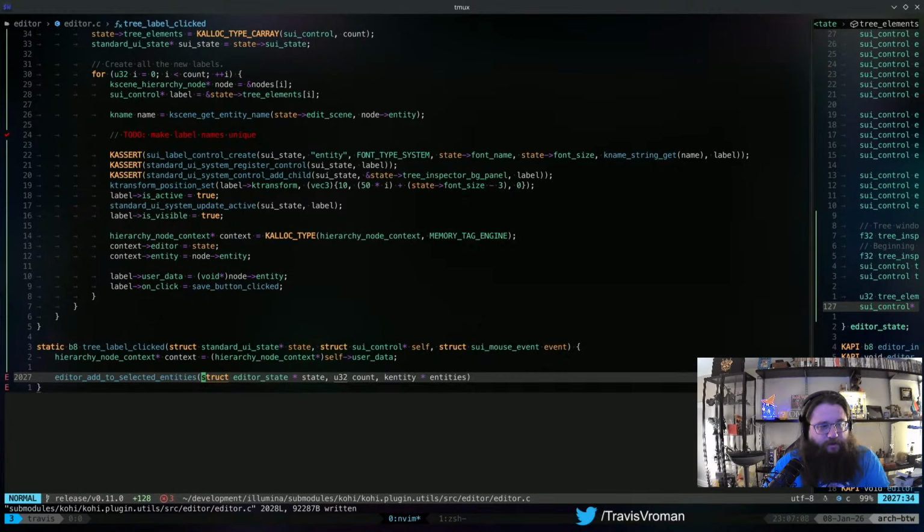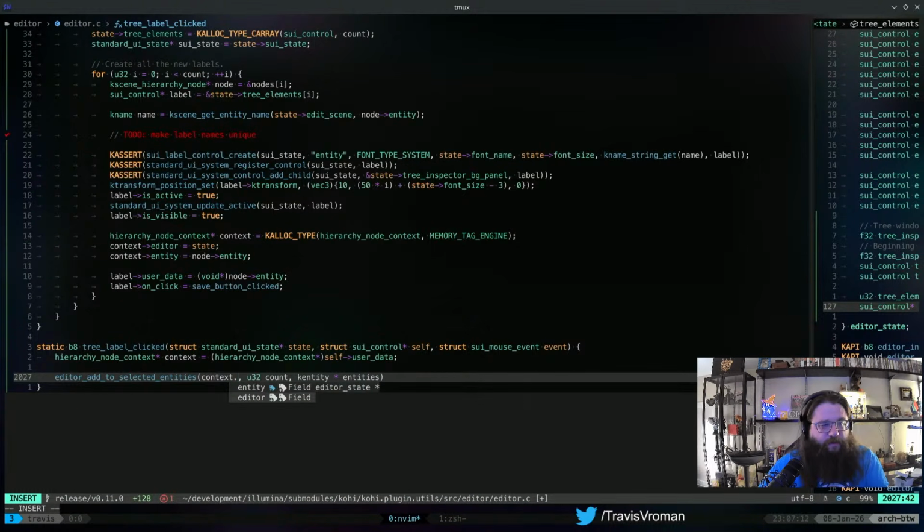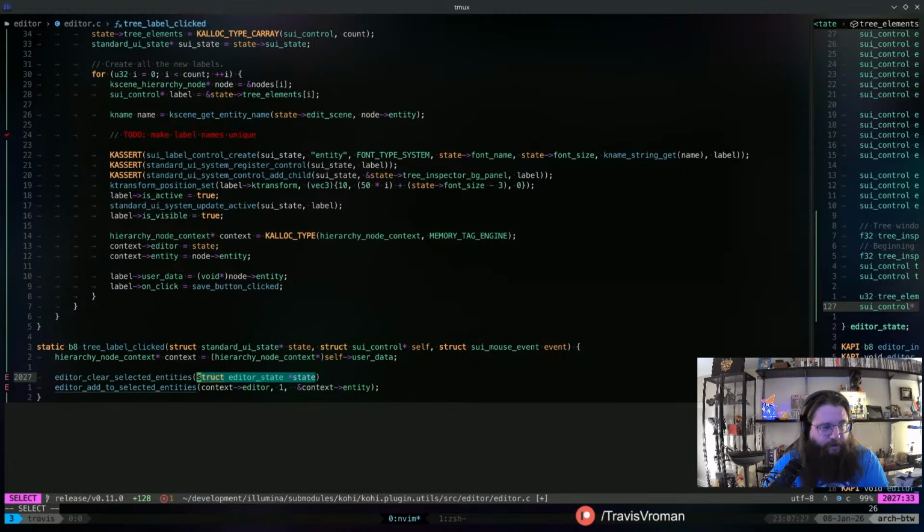Now we can do context editor. We just want to add one entity, and the entity we're going to add is going to be the address of context entity. And we can also do editor clear selected entities, context editor, right?